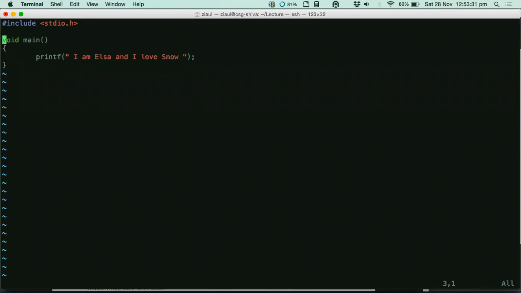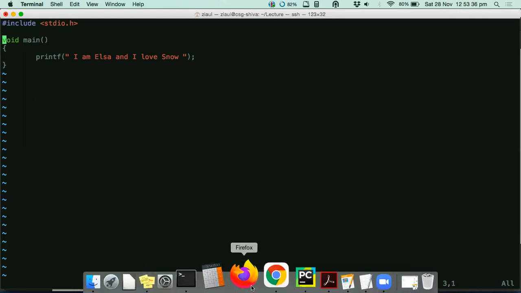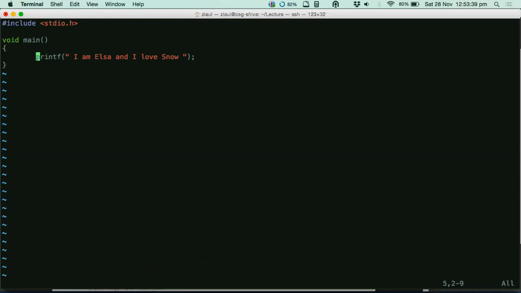So main is the starting point of your program. It's the execution point of your entire program. Now, if inside main you have called a function, let's say printf, then printf is defined in the header file.